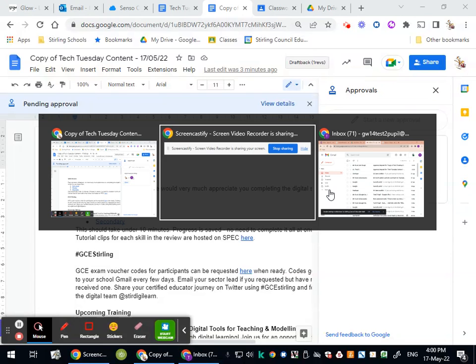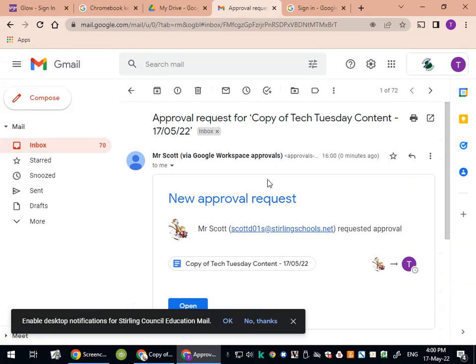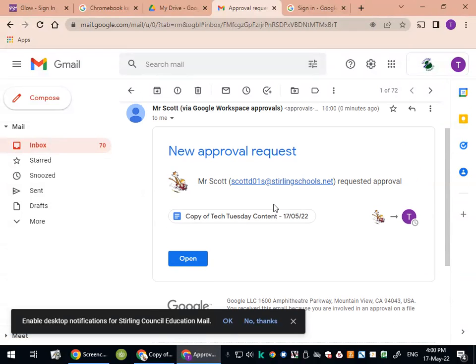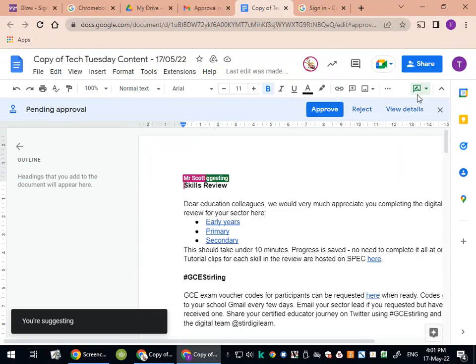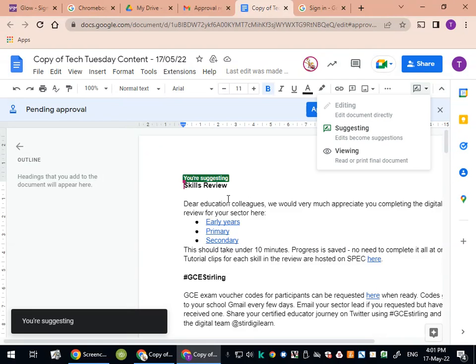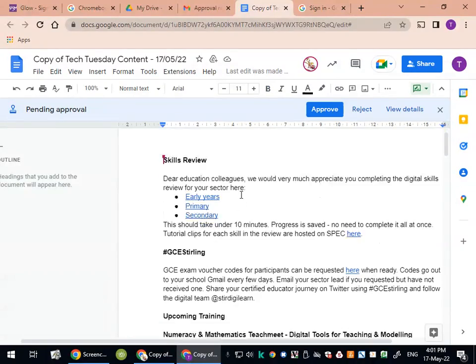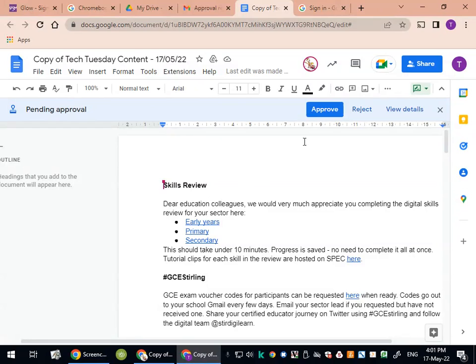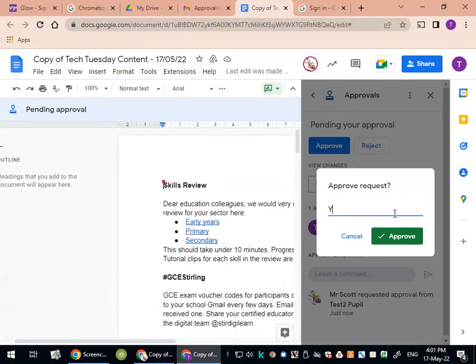Now, if I can skip over to the other account, look in the Gmail here, we'll just see we've got an approval request for this document that's come in. So this is me being the person approving. So I need to open that up, and you'll see that it opens in suggesting mode. It won't let me edit anything. So it'll let me make suggestions or comments, but it won't let me actually edit the content of the doc. And when I've looked through it, if I'm satisfied that that's all good, I can just hit approve here, and that will then open this up, just saying, yeah, all good,